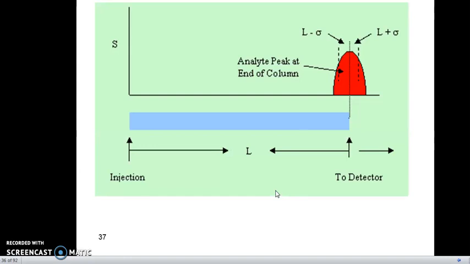This may be represented graphically. Here the injection is here, the detector is here, and the peak is where the length of the column minus sigma, that is a Gaussian curve, is represented, and here is the plus, the length adding the plus sigma. We have to finalize the analyte peak which is present at the end of the column. So the detector is detecting this way, but the peak has a Gaussian curve area with a